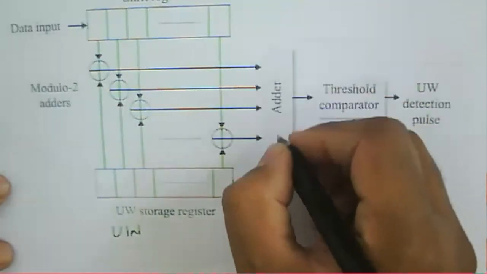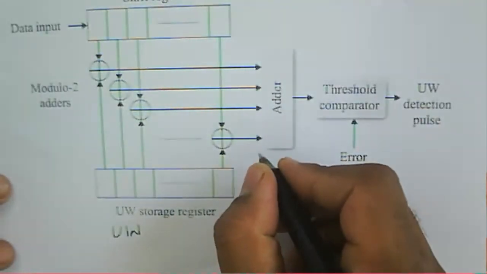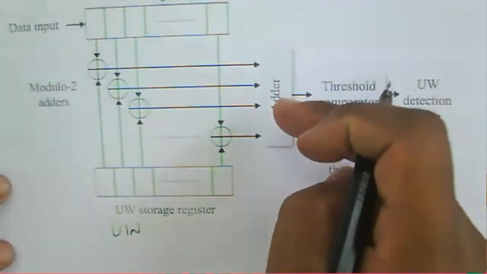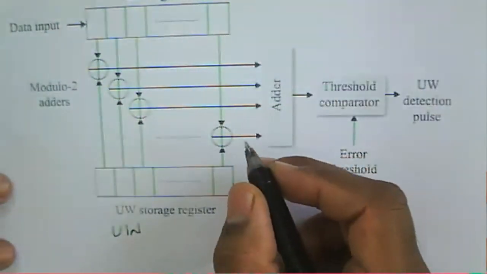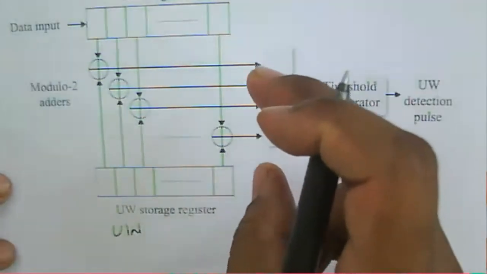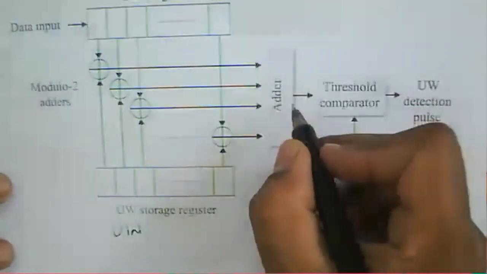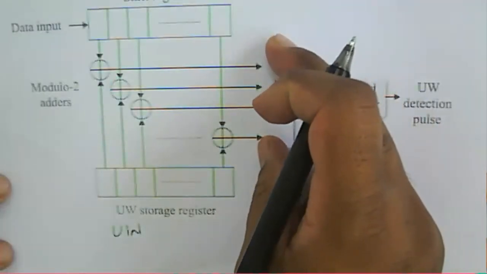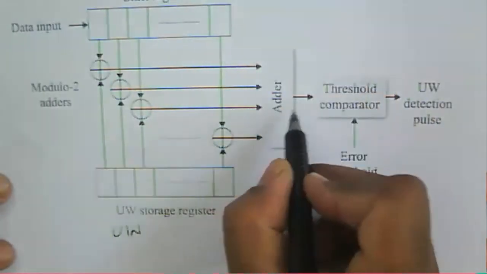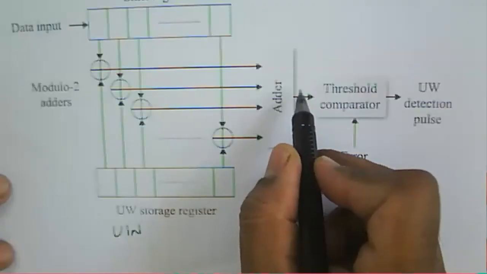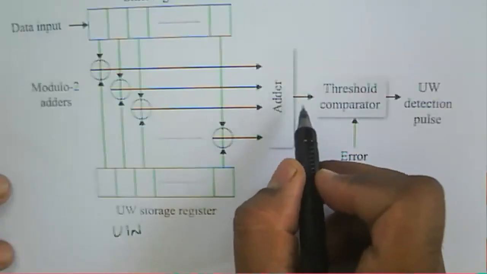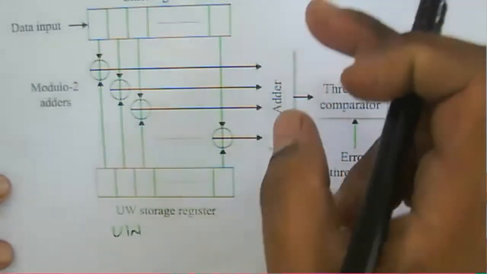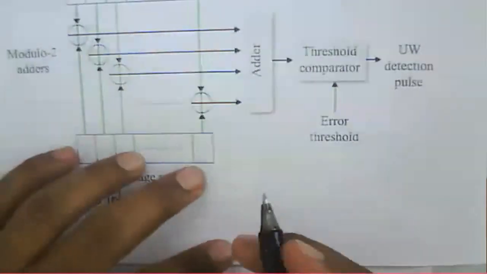So that's why the output of this particular adder will be a 0. And if that output is equal to 0, that will indicate that there is a perfect match between the two words. If it does not match, then there will be some output. There may be two situations that arise in that particular process.